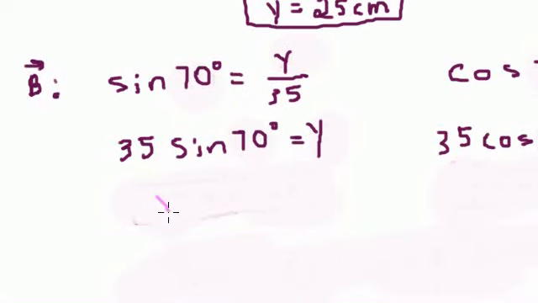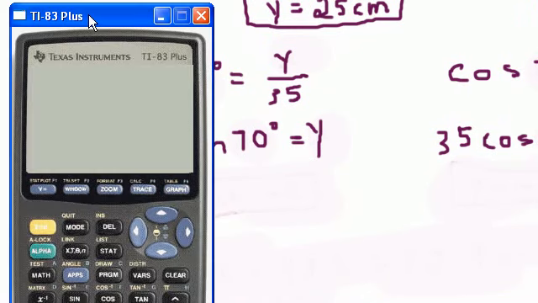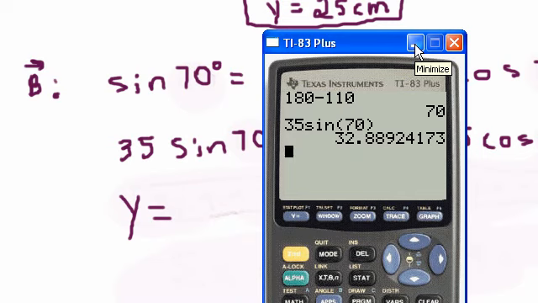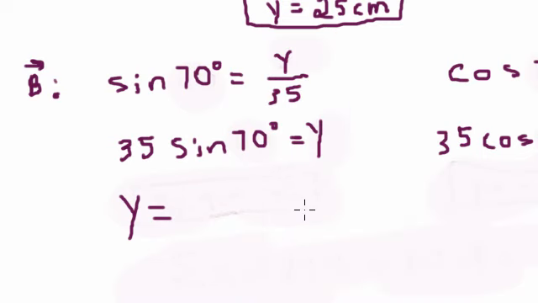So, okay, let's see. y is equal to 35 sine of 70 degrees, which is 32.8. I'm going to round to 32.9. Okay, so I just found the y component of vector B, and now we're going to find the x